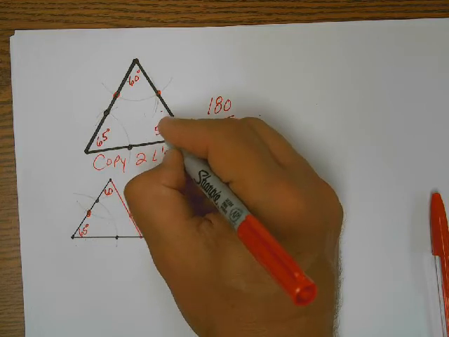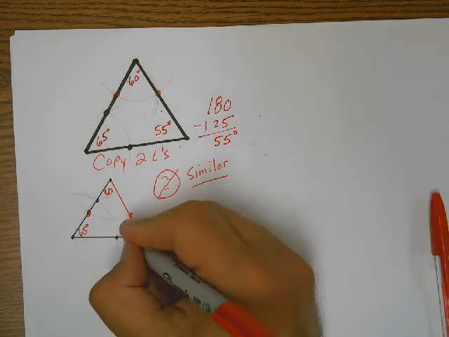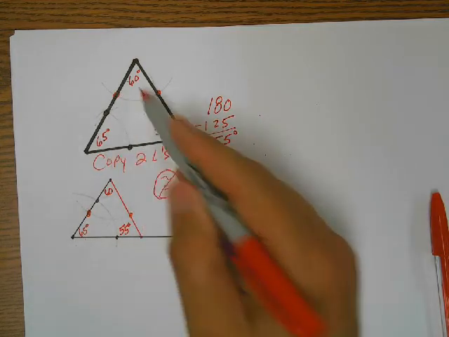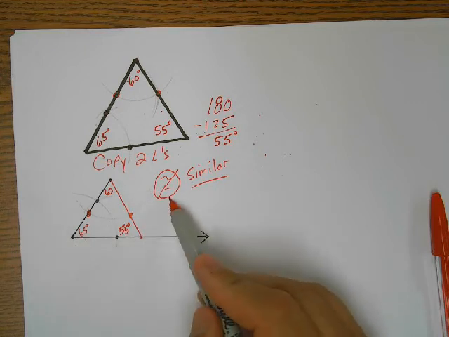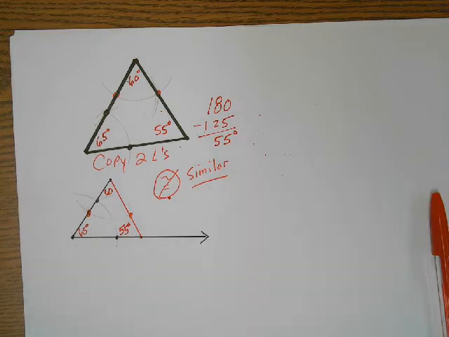Everyone see my math there? So if that's 55, then doesn't this also have to be 55? So all three angles are congruent, but does that mean the triangles are congruent? No. It means they're similar. Could we make the triangles congruent with what we learned yesterday? Yeah. All we'd have to do is copy a segment in between the angles, which is something you might do